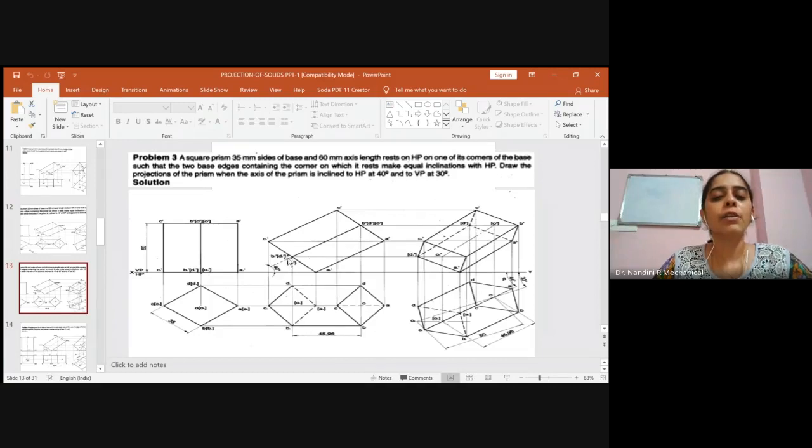For that, the small trick is, from the center to the corner, you will measure this distance, how much it is. Move on this 40 degree line until the distance cuts exactly on the XY line. So you will keep one end of the compass here and move on the XY line until that distance matches on the XY line.